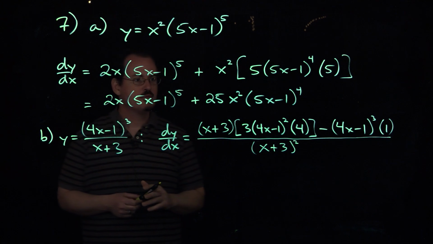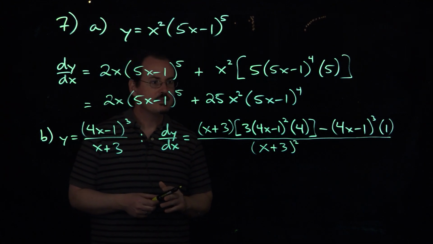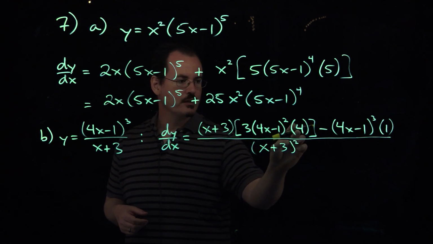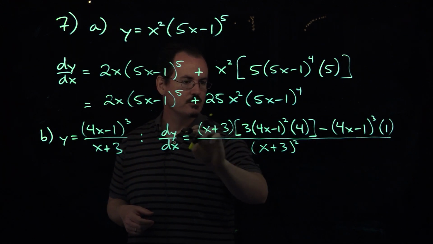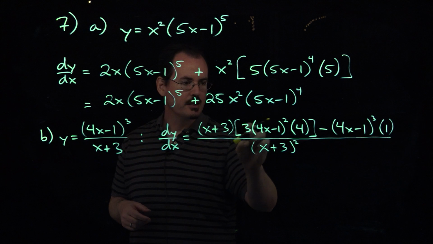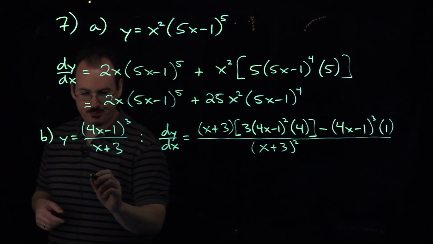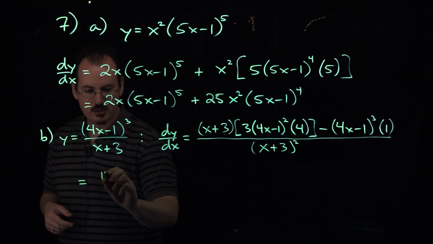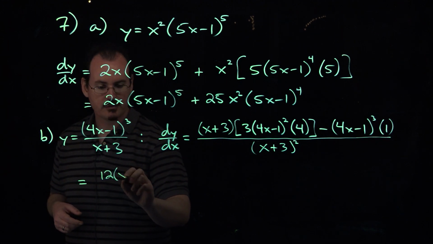Now this can be simplified a bit. So what we can do, let's go ahead and combine what we can in the numerator. Remember, this is all multiplication, so multiplication is commutative. I can combine these in any way I need to. So this is 3 times 4, which gives me 12, so I'll get 12. Then I'll get the x plus 3,